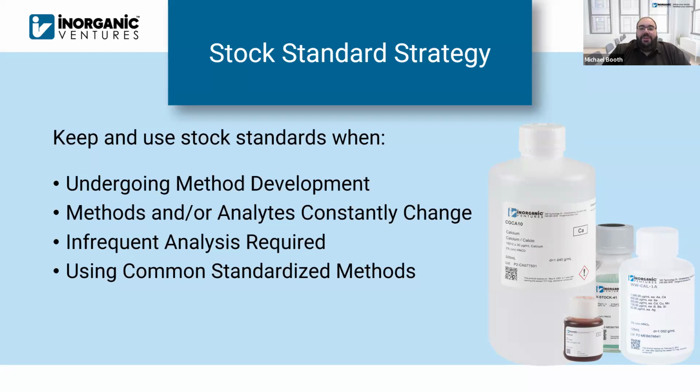So you're not exactly sure what the right concentration ranges are going to be yet. You're not exactly sure what the elements of interest are fully. You want to have that sort of variability that using stock singles can afford you. That also goes, again, if you're running a lab where your methods change constantly, so it's not a consistent sample type that you're receiving. It's different sample types. So again, you might need a wide variability in the standards that you can put together